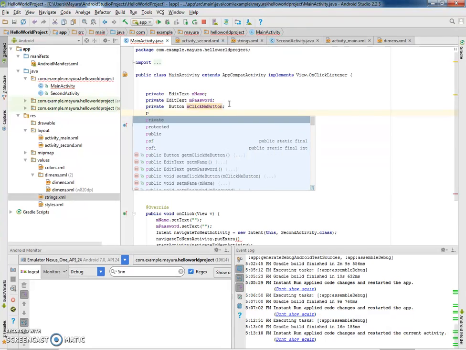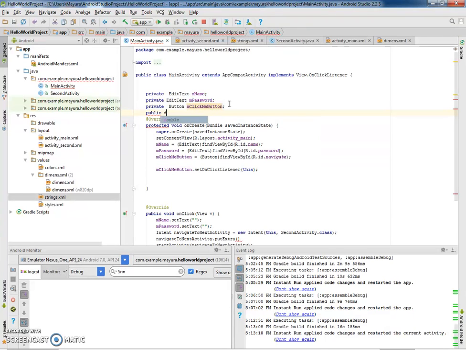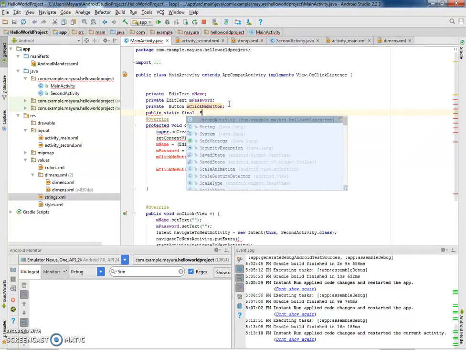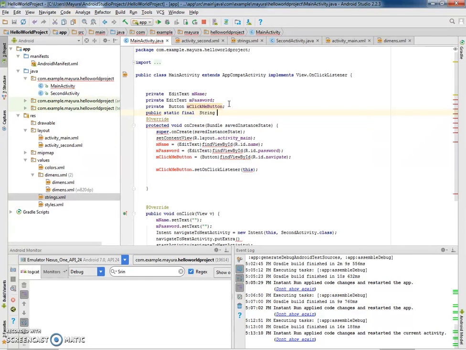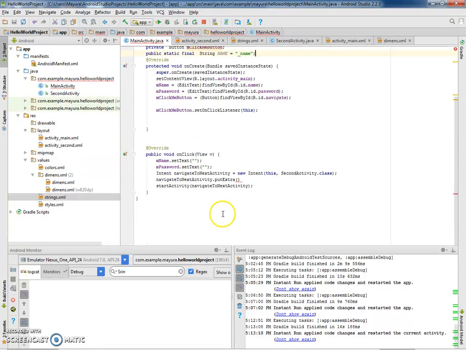Since we'll be using this key throughout this application, we can make it a public static final variable. Since this is a constant final string and a static variable, all the letters will be in caps lock. You can use this as NAME, and this key will be used in the putExtra method,